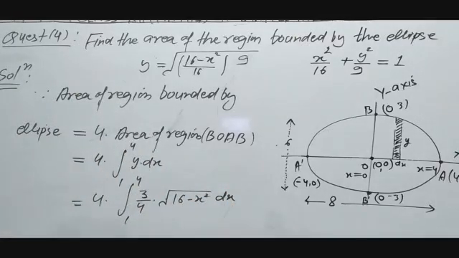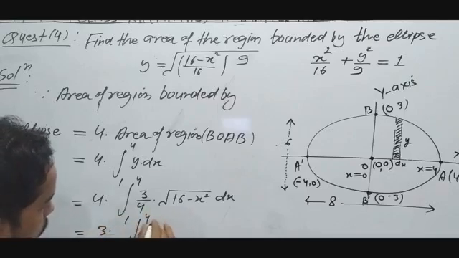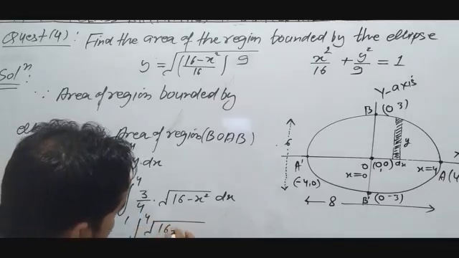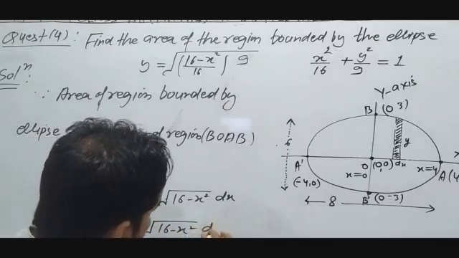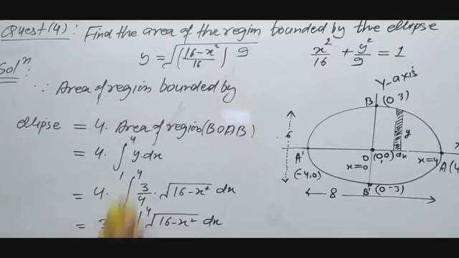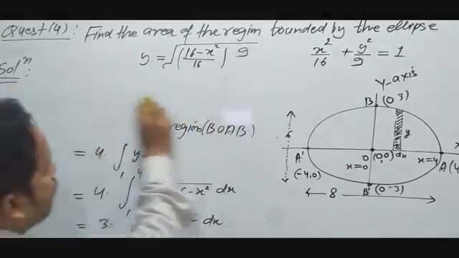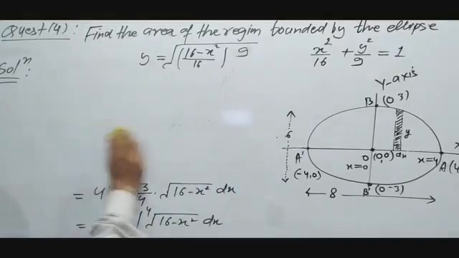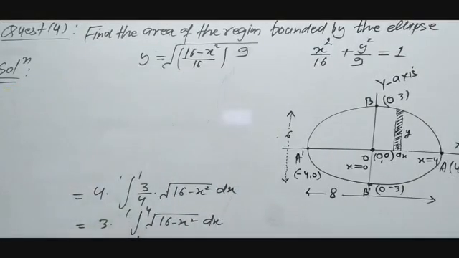And now we have to calculate 4 times 3 by 4, which means 4 cancels, and the result will be 3 times the integration over 1 to 4 of root over 16 minus x square dx. And now you know the formula of root over a square minus x square. Now see, since you know the formula